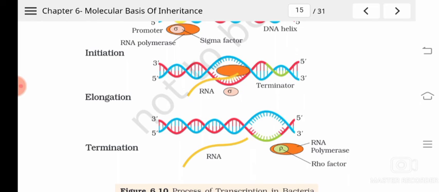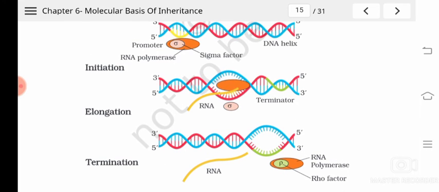When the RNA polymerase reaches to the terminator region, some factors called Rho factors will join, and that will help in the detachment of this RNA polymerase from the terminator region, and the RNA, which is newly synthesized RNA, will be released. Okay, so that ends the process of transcription. And during this, the RNA formed is the hnRNA. Okay, and this hnRNA will undergo splicing, capping, and tailing. Understood? So that it will be converted to an mRNA.